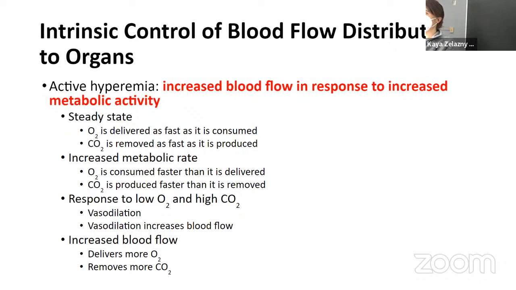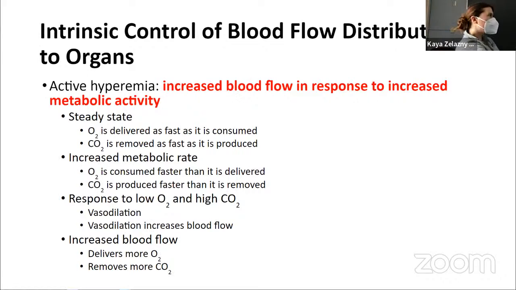So when we talk about intrinsic control or local regulation of blood flow to organs, what we're talking about is these factors happening right here at the edges of the cell. We don't need other systems of the body involved. It's all about this sort of diffusion right across those epithelial membranes. Okay. So in our normal state, we have our tissue